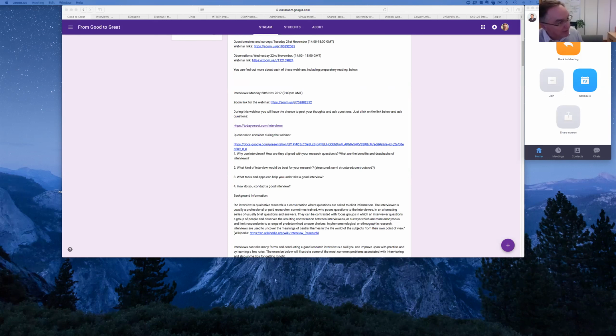Now, it depends on how accurate your particular apps are. I don't find at the moment that the apps are accurate enough to actually make a transcription of a recording in full, but some of them will do some of that. And so we'll put a list of the apps that we use in the classroom. These are already available in the book we've talked about, and we demonstrate how those are used.